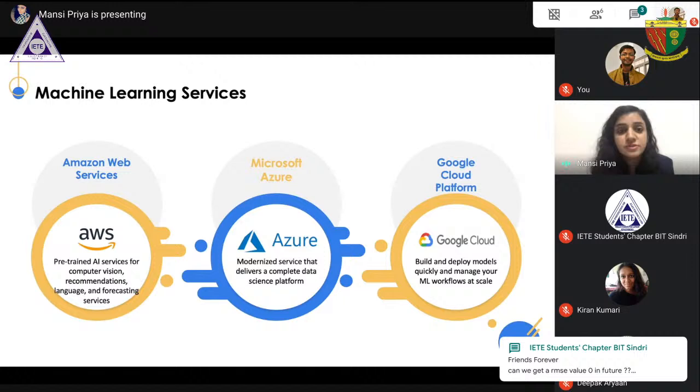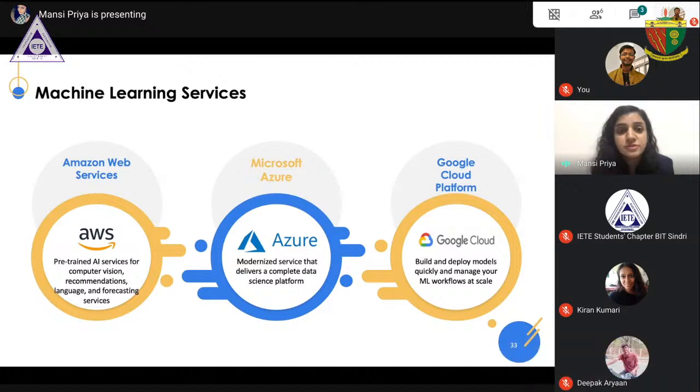I used Azure once, and it was so easy. You just need to drag and drop, put in the data and match the columns. You need to match what you want to do after this, put that box inside that, and after that you get a well trained model. So these are some of the very useful machine learning services that you can go for if you do not want to go into the coding section.